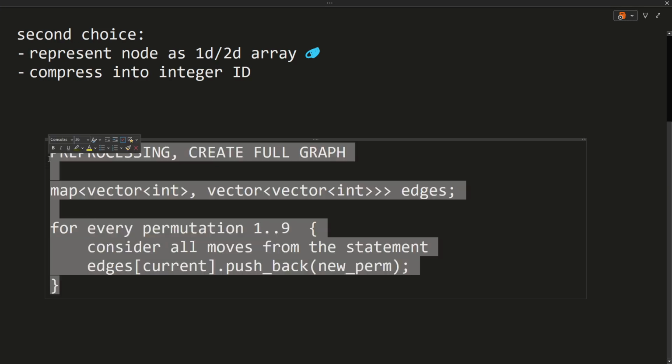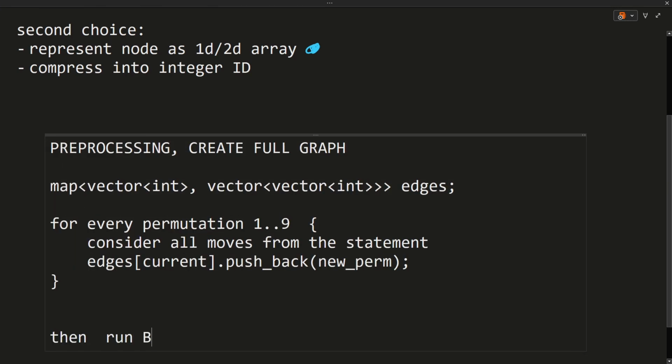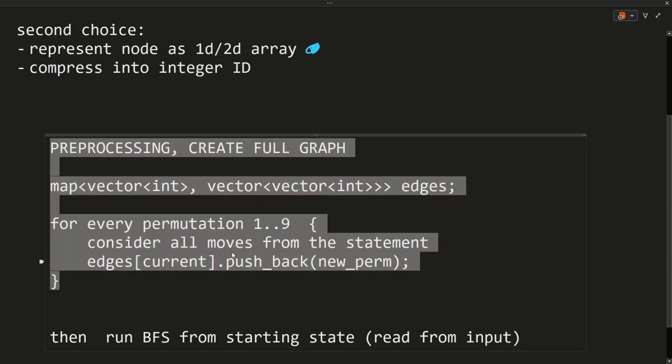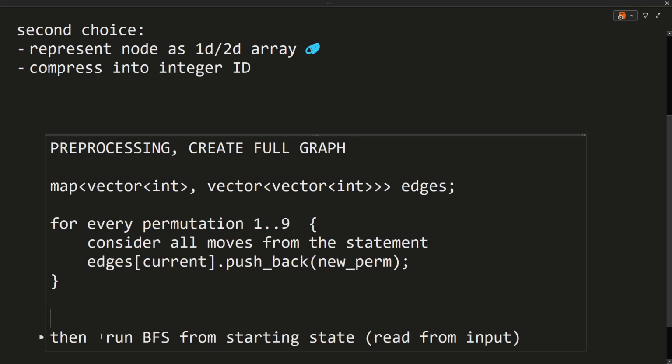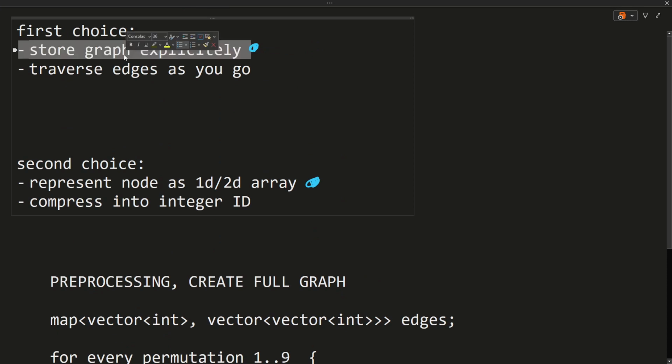Then once I do all of that, just run BFS from the starting state. Read from input. Preprocessing can be done without reading the input. Then you read the input and run BFS. That's solution number one. It's a combination of creating a graph to store it explicitly in a map and representing